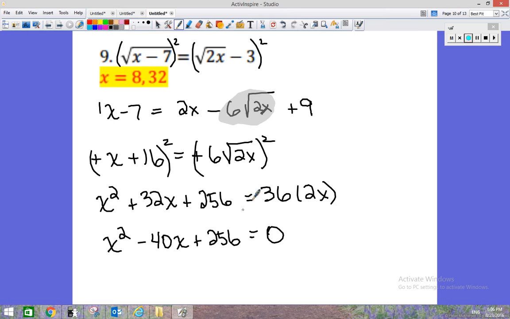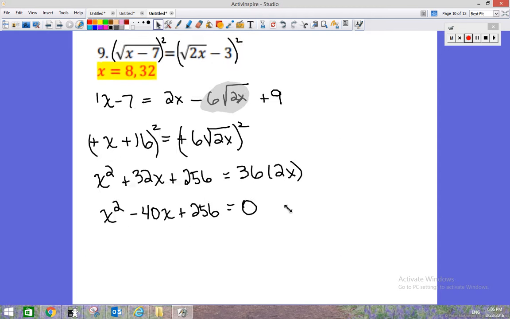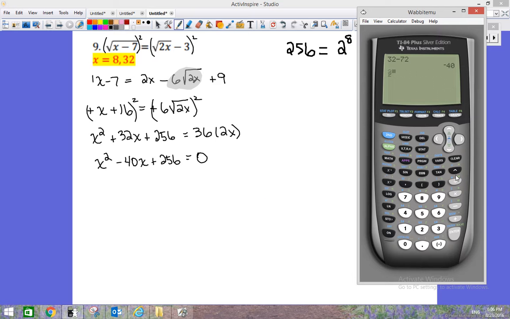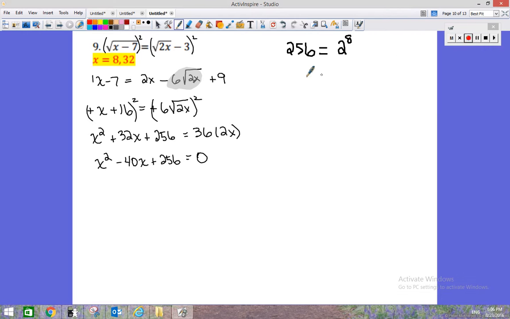Alright, so I need to factor that. So for me, I have to sit here and think about it, I have to break 256 down into smaller numbers. 256 is 16 times 16. 16 is 2 to the 4th, so this is 2 to the 8th. 2 raised to the 8th power is 256. So I've got all these factors of 2,